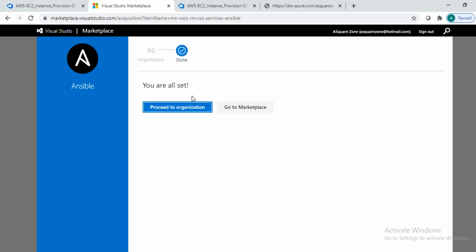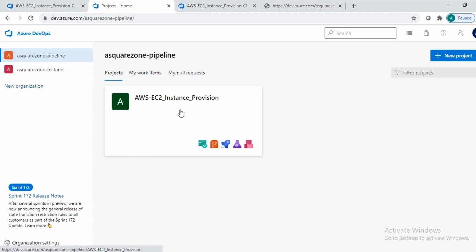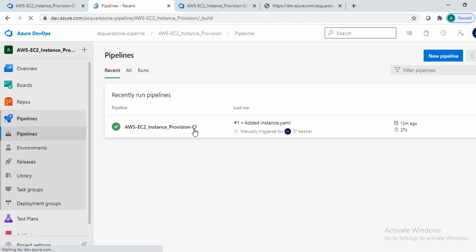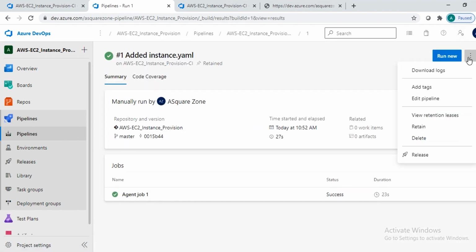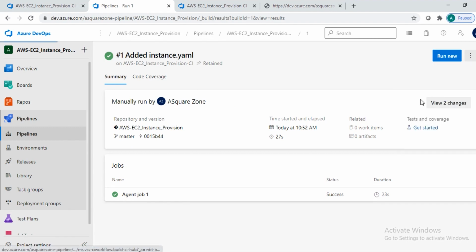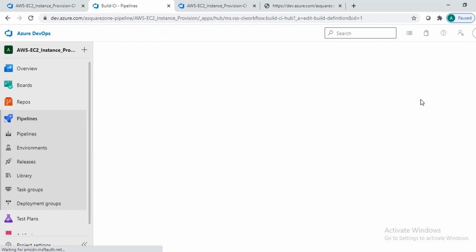So it's installing on a particular organization and particular project. As it is, you are all set, and we are going to click on proceed to organization. So we came to our project. Now we are going to run our project here. So it is our project and its pipeline. Now we need to edit our pipeline. Till now we did not add our YAML file to our server agent host. Now we need to link our YAML file to this pipeline, and we are going to execute our YAML file,